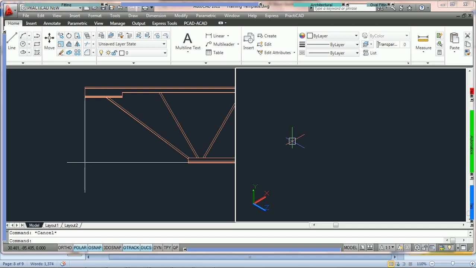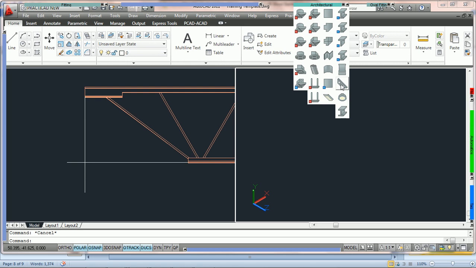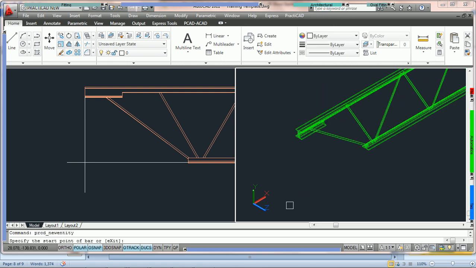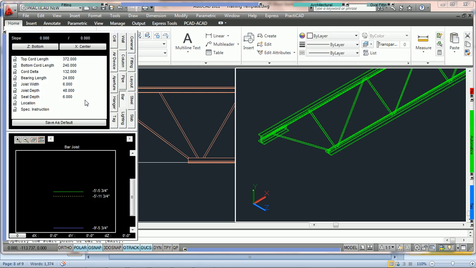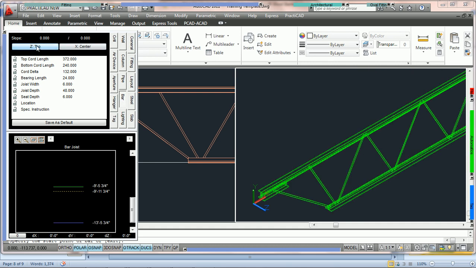The next thing different about bar joists is the hold points. Bar joists have hold points that you can adjust just like steel. What we're going to do is go into the architectural bin and select a bar joist, and we're going to come into the bar tab in the item box, and we're going to choose hold by top